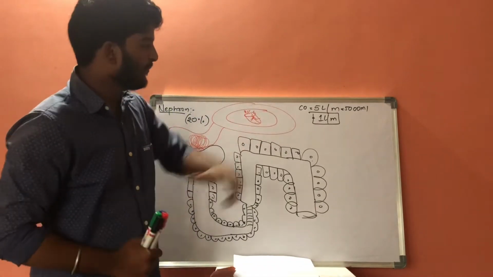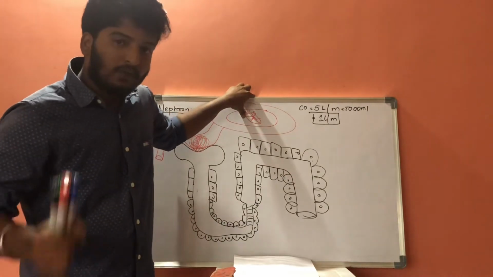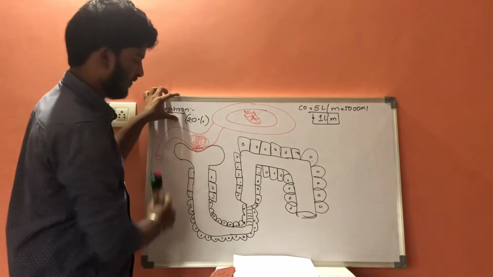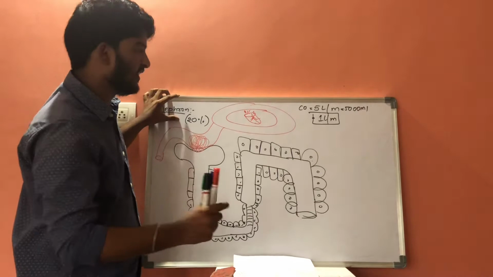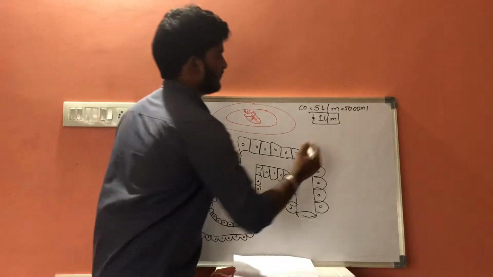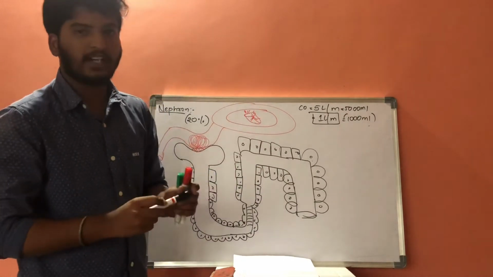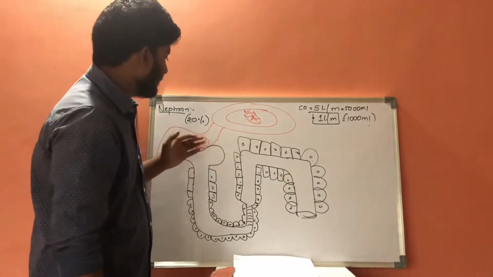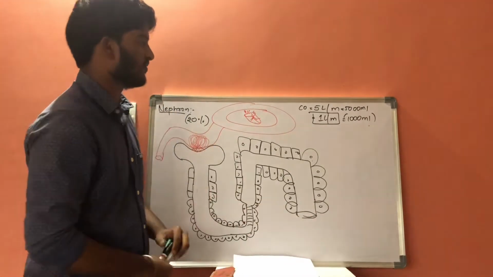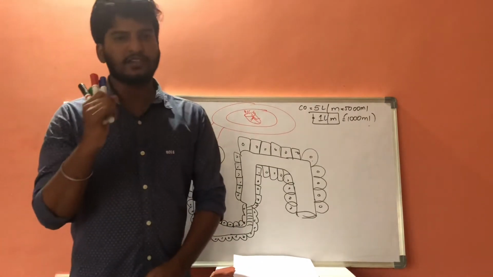Now once again, clearly, if 5 liters of blood is pumped out from the ventricle per 1 minute, out of that only 20% of the blood is reaching the nephron for the filtration process. That 20% is nothing but 1 liter. So 1 liter means 1000 ml. So 1000 ml of blood is reaching the nephron from the cardiovascular system for the filtration process, which is involved in urine formation process. This is the information which is known by every student, but a bright student should remember that